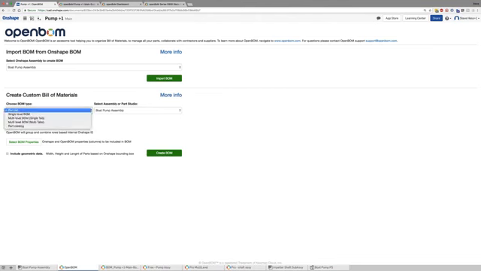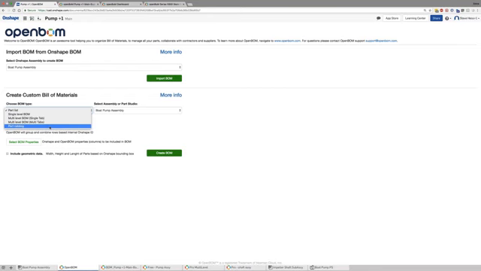The first thing you'll notice is that in the custom bill of material, you have a number of different options for creating your bill of material or catalog. So we're all familiar with these things: parts list, single levels, multi-levels. And an interesting feature here is the ability to take an Onshape assembly, or Part Studio for that matter, and turn it into a part catalog.